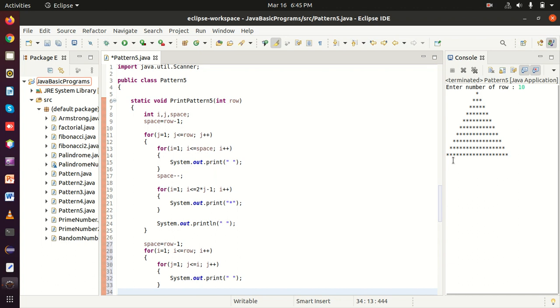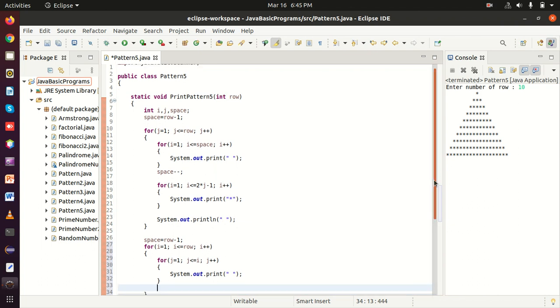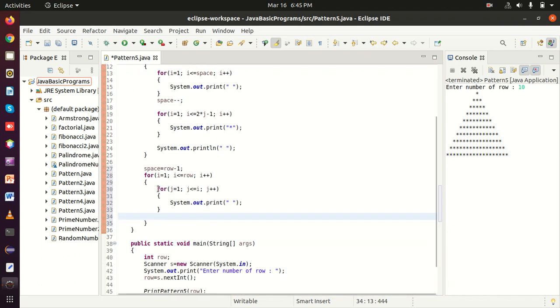In the second row 2 spaces, in the third row 3 spaces. For that I have defined this code to print the space.